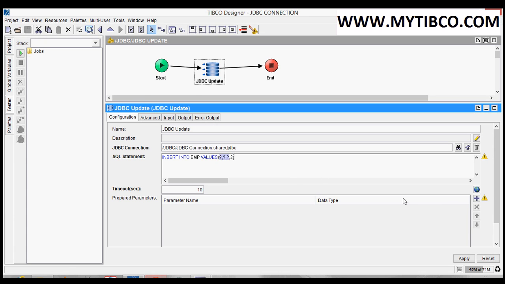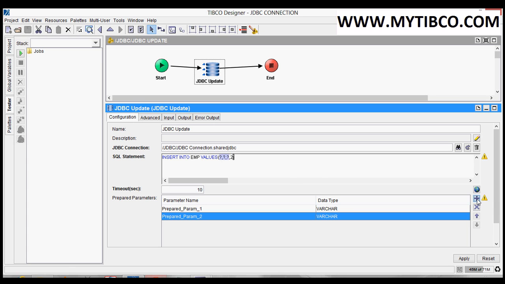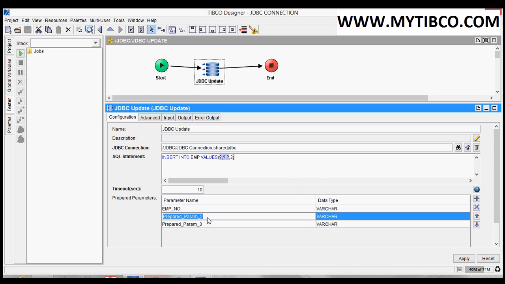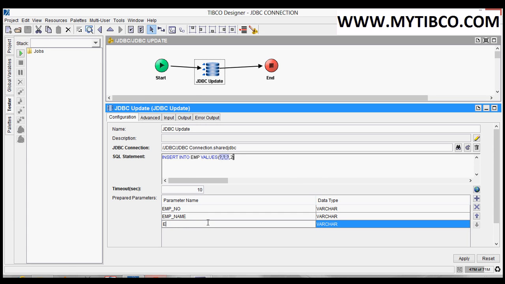We have to add 3 prepared parameters. First one is emp_number, emp_name, emp_age. Click on apply.